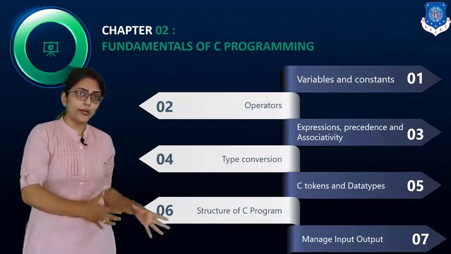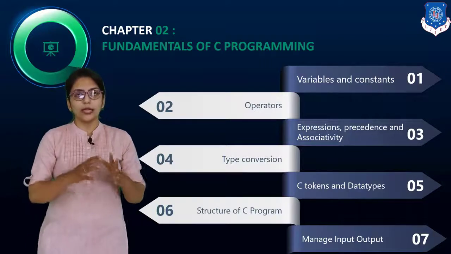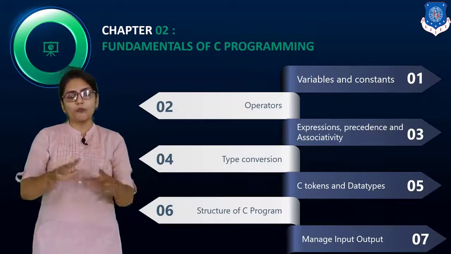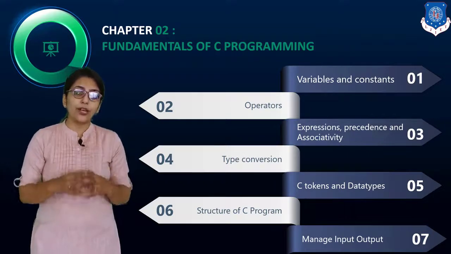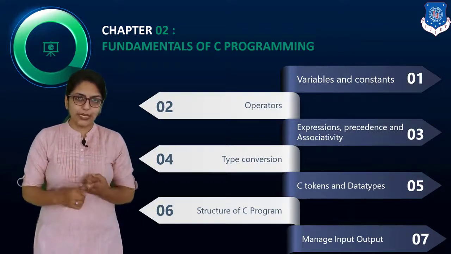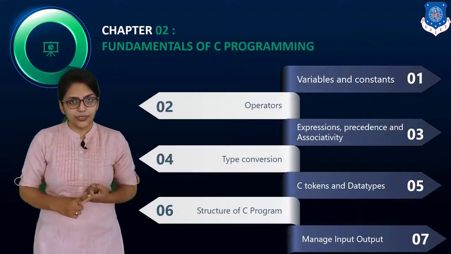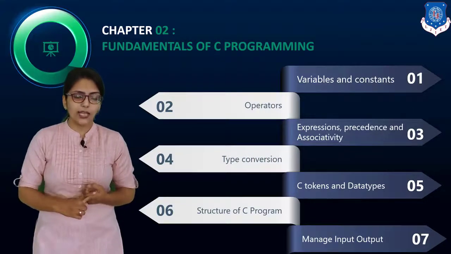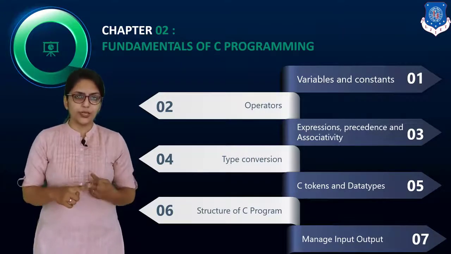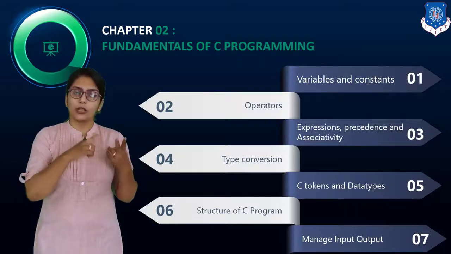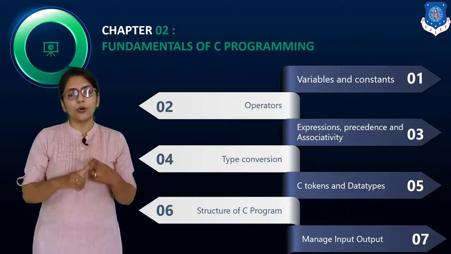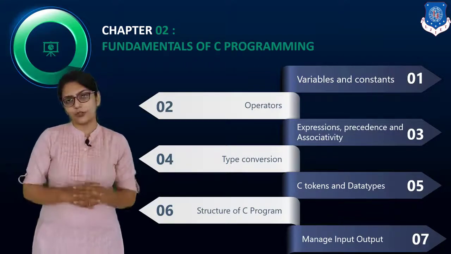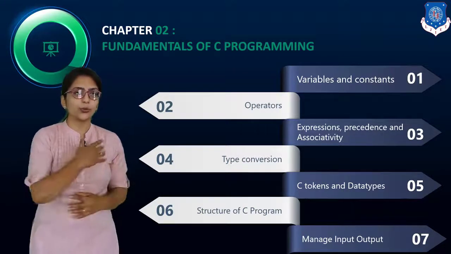So, this is not only related to C, but also it is the general overview of programming language. In this chapter, we are going to talk about variables, operators, constants. We are going to talk about expressions. We are going to talk about the associativity and precedence. Then after, we are going to talk about the type conversions and how it is going to be used in